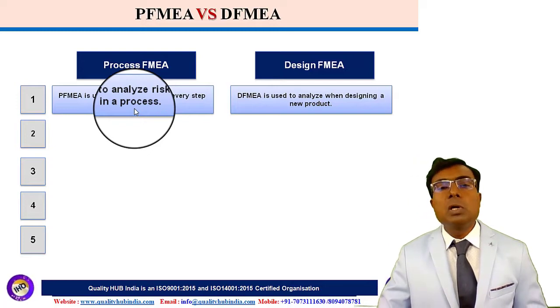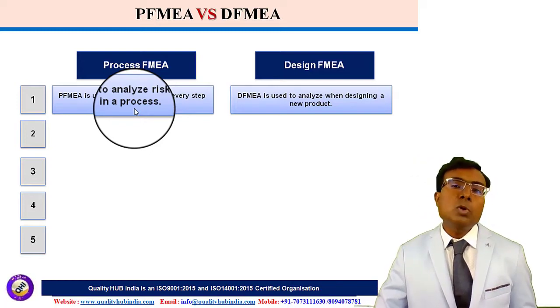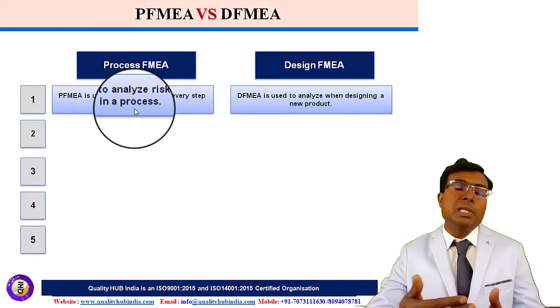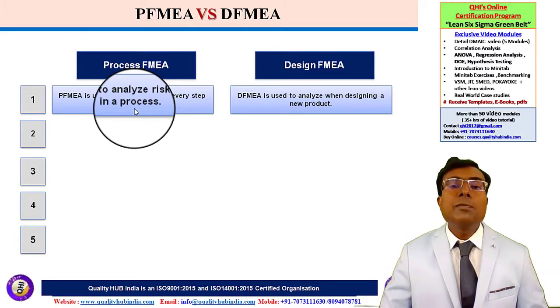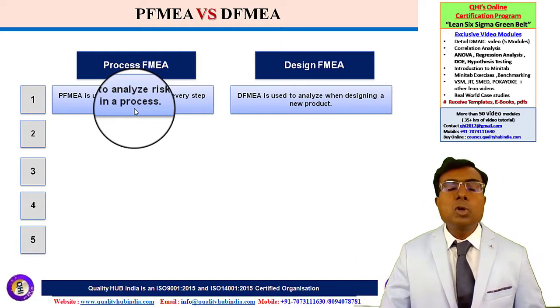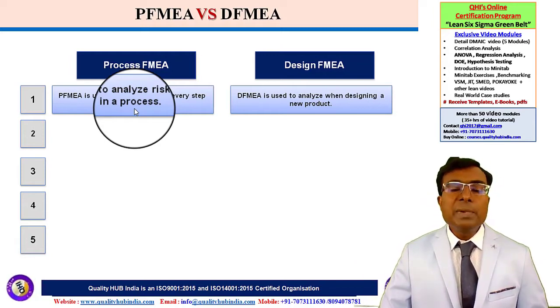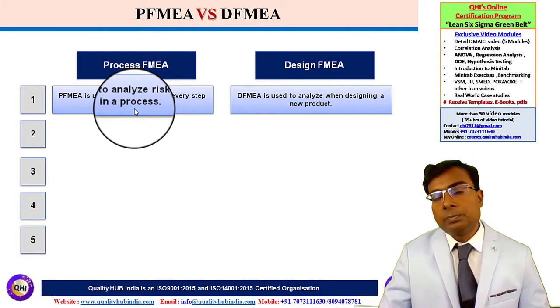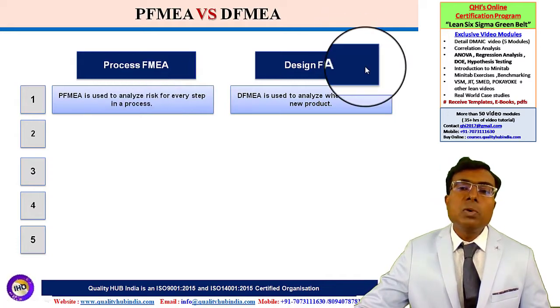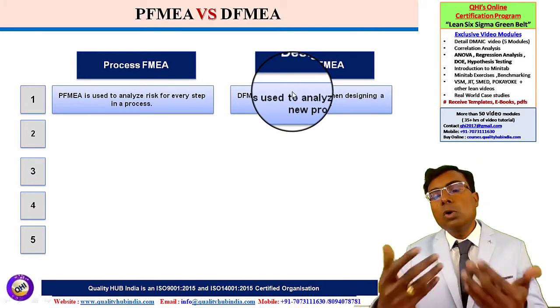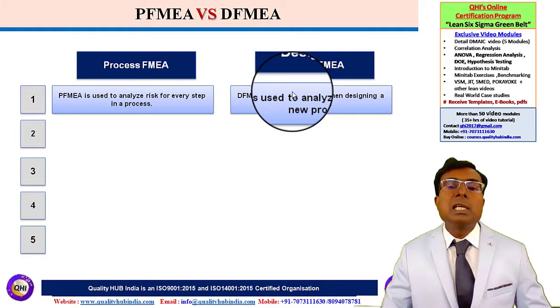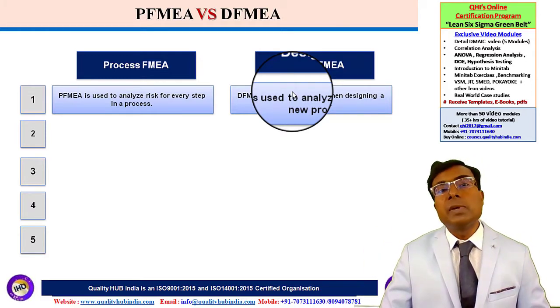Say for example, you are doing a stamping process, and in a stamping process there are 4 stages. The first stage is blanking, the second stage is piercing, the third stage is forming, and the fourth stage is restriking. So while doing the PFMEA, you are going to consider what could be my failure modes during these process stages of manufacturing. Whereas in DFMEA, you are going to analyze what could go wrong in the product as a whole.